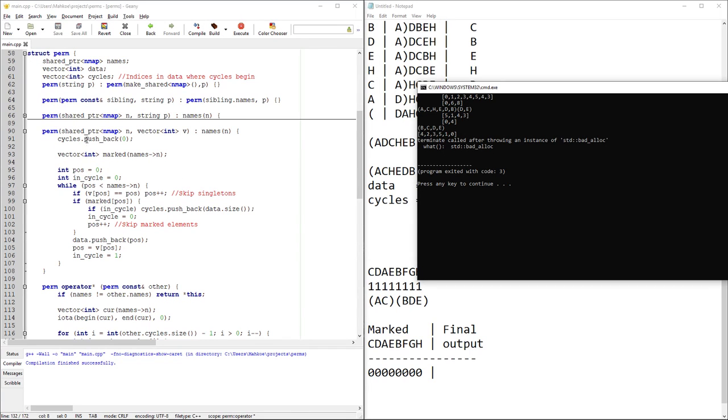Cycles dot push back 0, that makes sense. It cycles 0, well, pause is less than names.size. If v of pause is equal to pause, that's not the case. So we increase pause. If that, but that was not the case, so that doesn't happen. If pause is marked, oh,